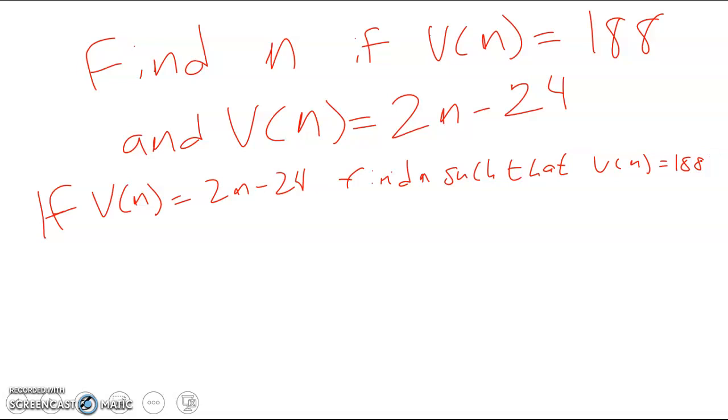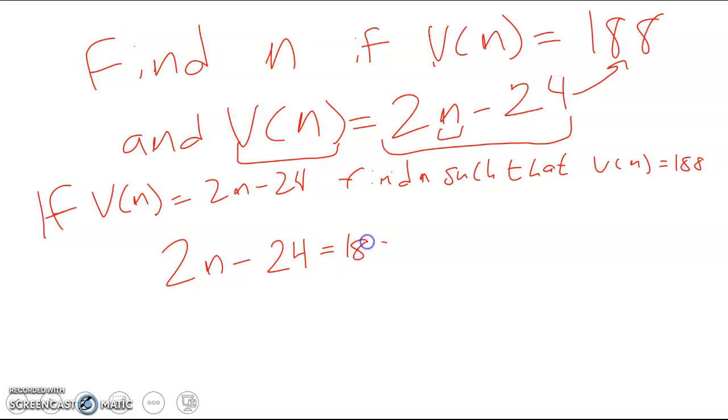And again, this one was stumping a few people, but I just want to go over it. Basically, you want to find n, you want to find a value in your original equation here so that this whole thing, because remember, this whole thing right here is v of n, is equal to 188. So how will we do that? We just set them equal to each other. So we do 2n minus 24 is equal to 188,